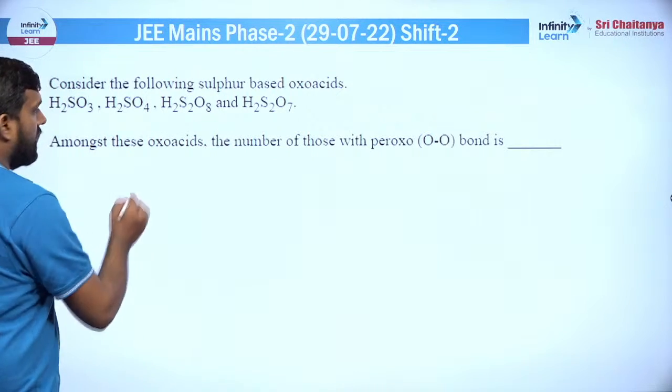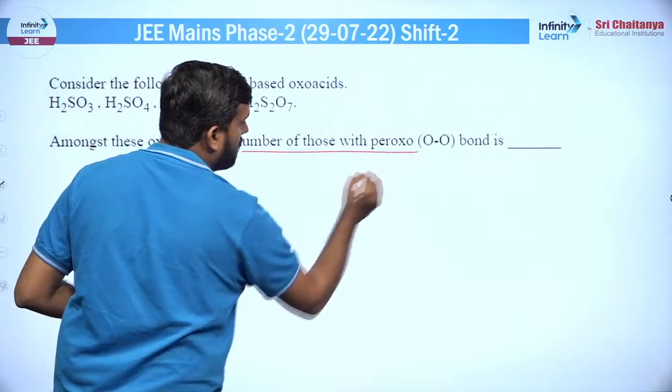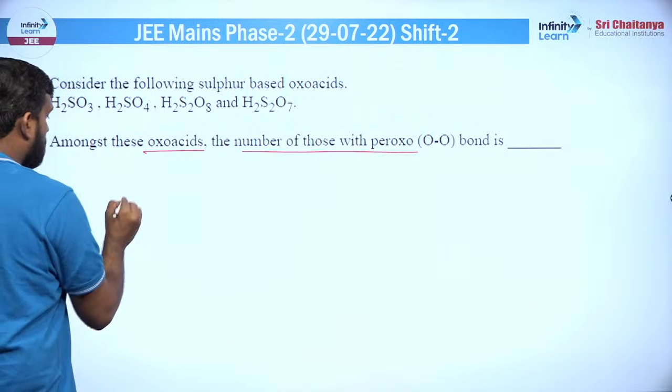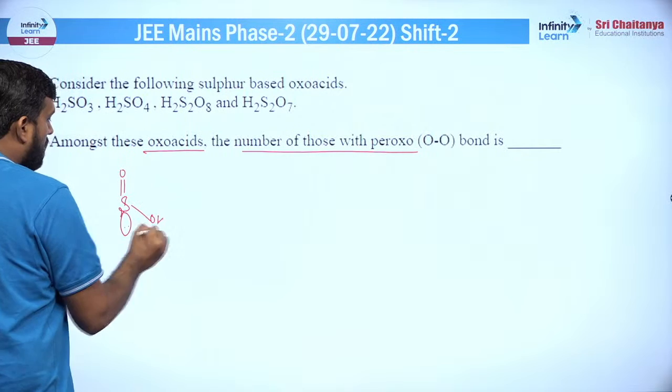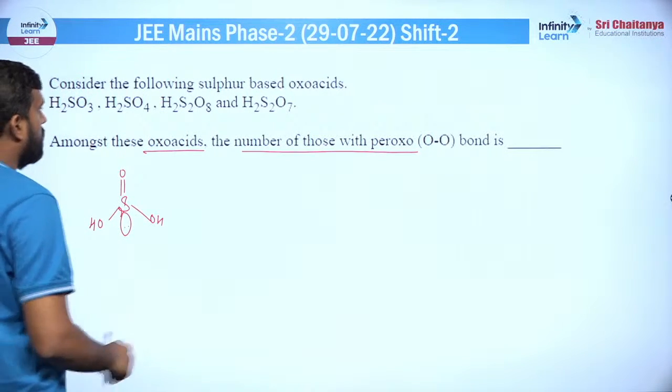ठीक है, गोइंग टू द नेक्स्ट क्वेश्चन, कंसीडर द फॉलोइंग सल्फर बेस्ड ऑक्सो एसिड्स, कुछ दिए गए, अमॉन्ग्स द ऑक्सो एसिड द नंबर ऑफ दोज व्हिच कंटेन पेरोक्सो बॉन्ड। ठीक है, तो चलो स्ट्रक्चर में आपको बना के दिखा देता हूं। तो पहला वाला अगर आप स्ट्रक्चर बनाओगे तो कुछ इस प्रकार का आएगा, इधर भी OH, इधर भी आपका OH, कोई पेरोक्सो लिंकेज नहीं है।